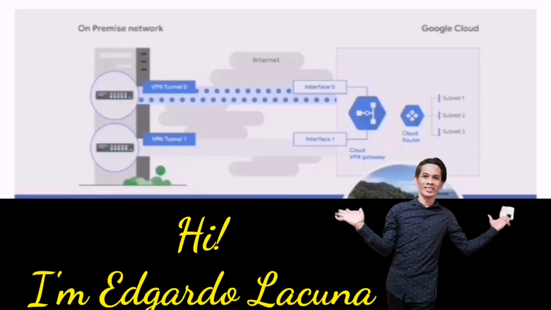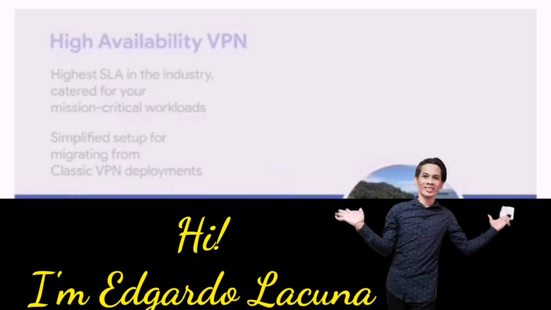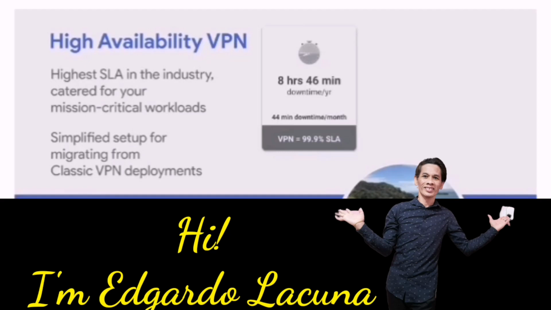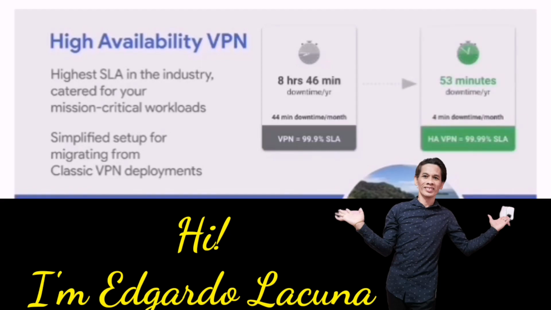If you started your journey towards Google Cloud from a hybrid on-premises model, it's likely that you're already using some hybrid connectivity features, one of them being Cloud VPN. Historically, Cloud VPN offered you an SLA of 99.9%, and with the introduction of our HA VPN solution, we now offer an SLA of 99.99%. You're able to benefit from higher availability as well as ease of migration between Classic VPN and HA VPN. In this video, I will show you how easy it is to migrate an existing Classic VPN tunnel